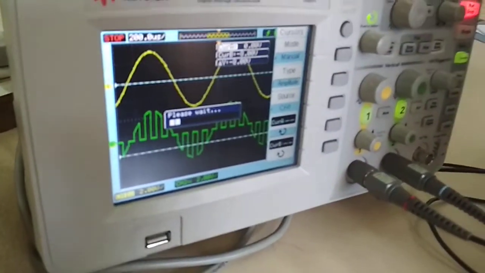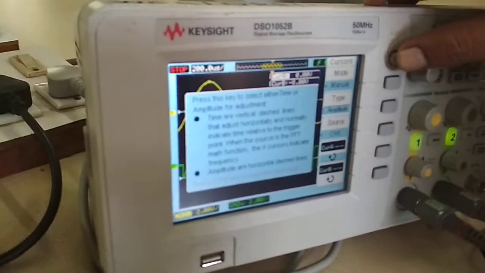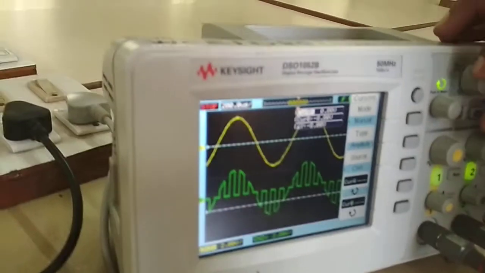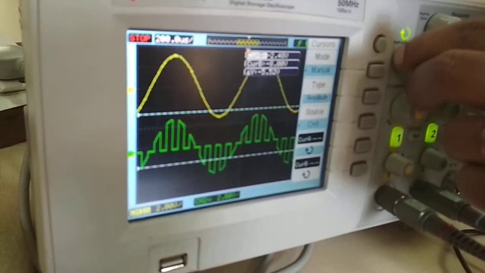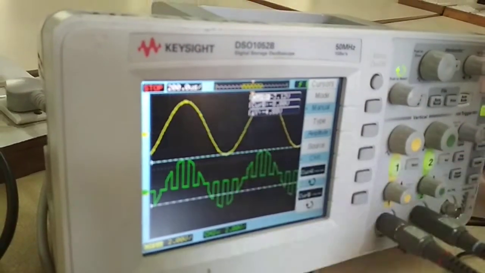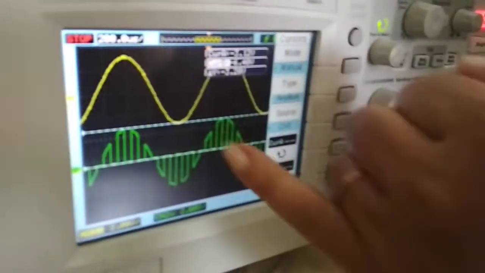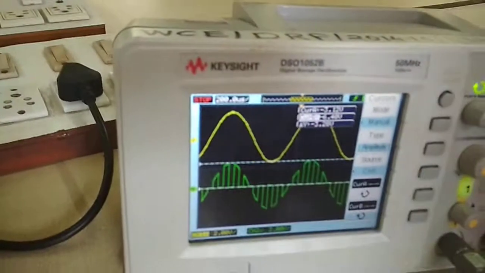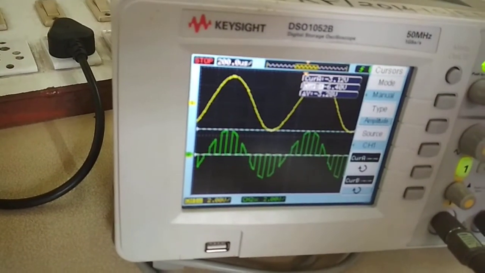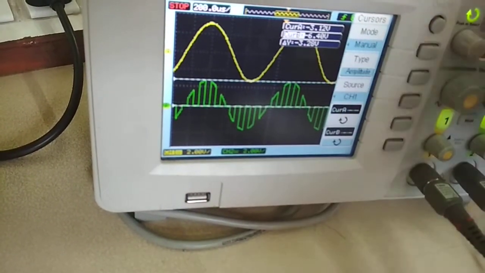So, okay, I will first fix this cursor at the topmost position here, then I push this button. The separation or the distance between these two is my, let's say, delta y, right? So it is 3.28 microsecond, I think, right? Oh sorry, in volt, we are measuring in volt, we are not measuring the time scale. So it is 3.28 volt, right?